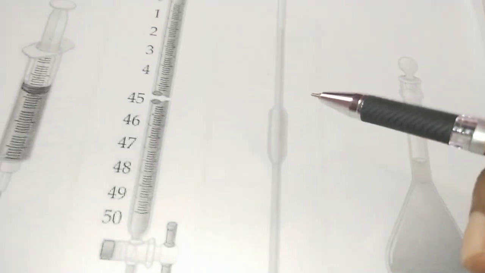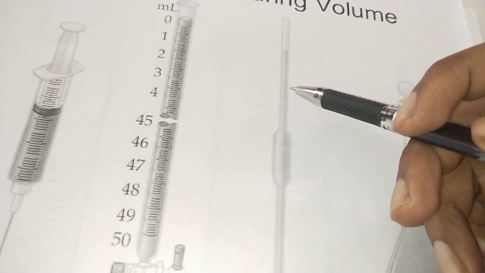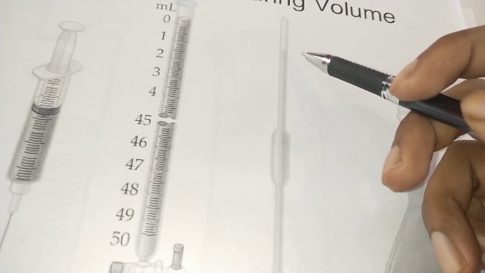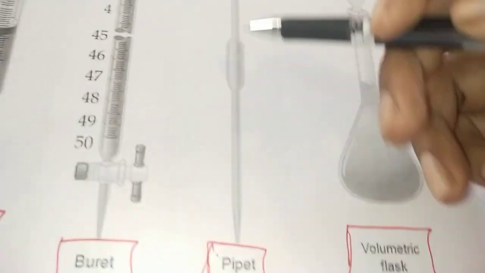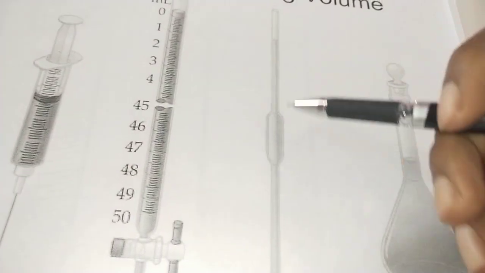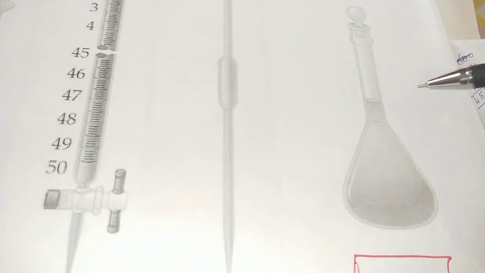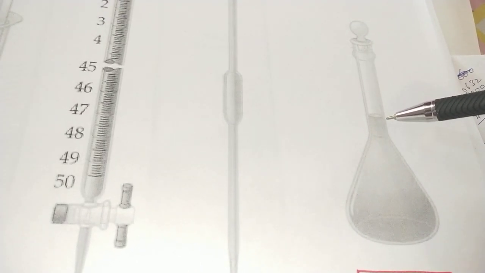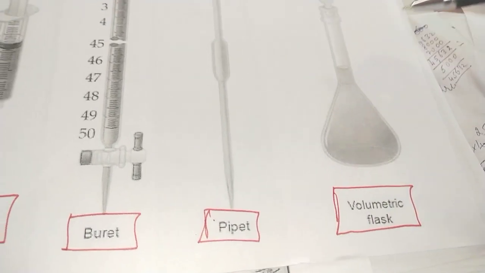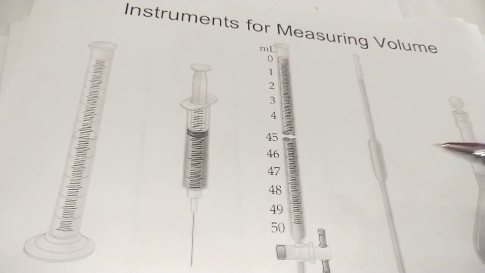In the pipette, we will have to suck it from the top so that there is a marking present, so that the liquid comes up to that and fills up to that very mark. We don't have to pour, because this is an open one. It's open from both these ends. All these are closed from one end, but this one is open. So we have to suck it up after dipping it into the liquid, and then again we can fill it up with a certain amount of liquid. That is what is known as a volumetric flask. So these were the things for how to measure the volume of any liquid.